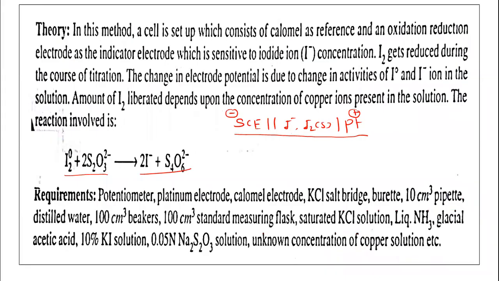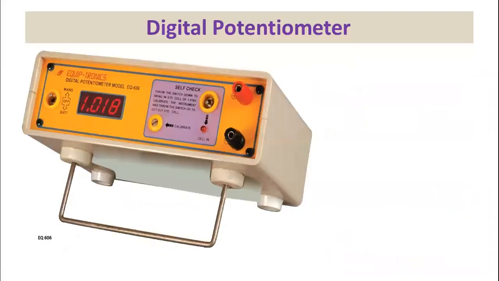Let us show this. See, this is the potentiometer here. We already know how to use this potentiometer; you have used it in the physical chemistry experiment. Now this is the standardization reading. It is given here as 1.018, and this knob should be at the bottom position. When we are taking the reading, it should be in the upward position. Now there is a negative terminal and a positive terminal.